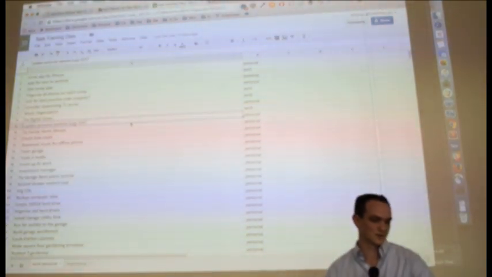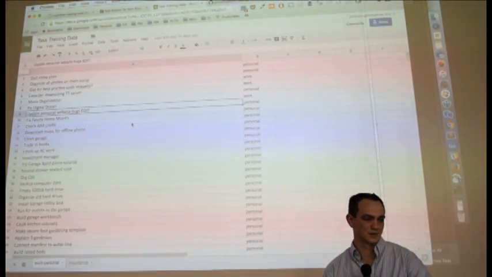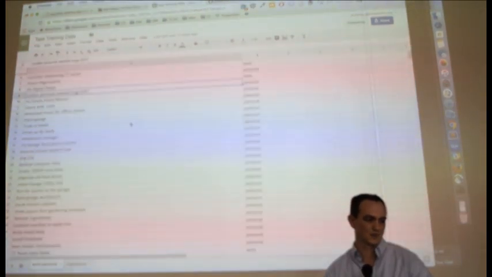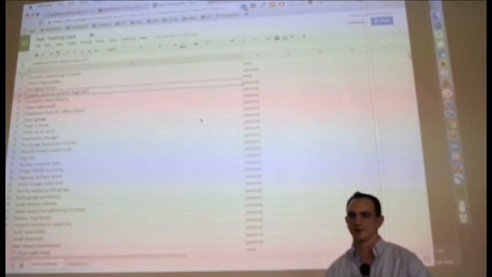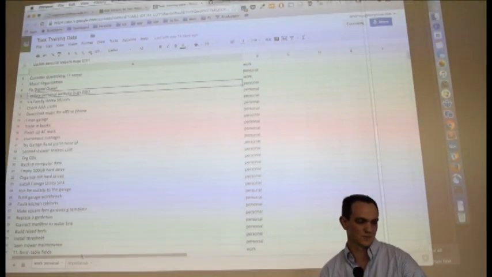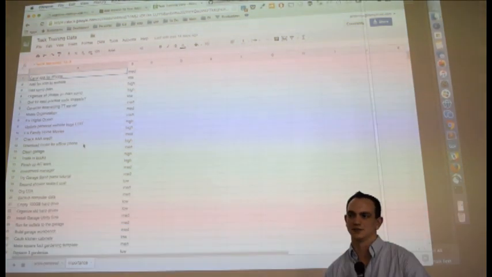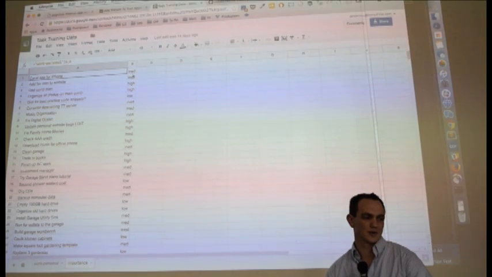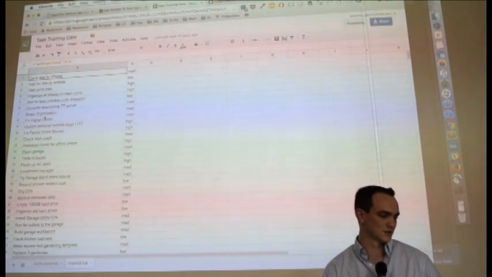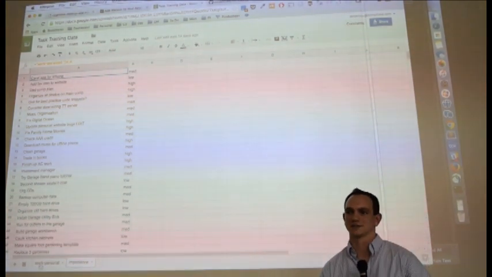We can see here's the work versus personal data set. Here's a list of to-dos on the left-hand side, and then whether or not they're work or personal related. Similarly, for the importance classifier, here's the list of the same to-dos, and then whether or not they're low, medium, or high importance. So these are the 2 training data sets that we're going to be using for a classifier.